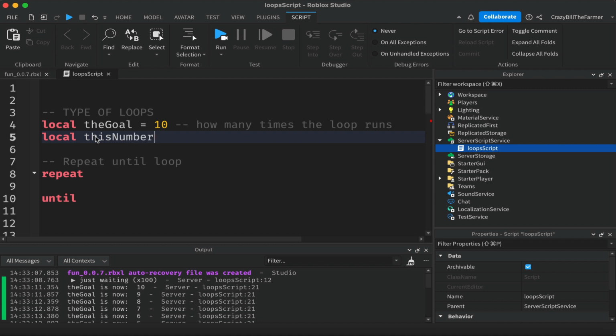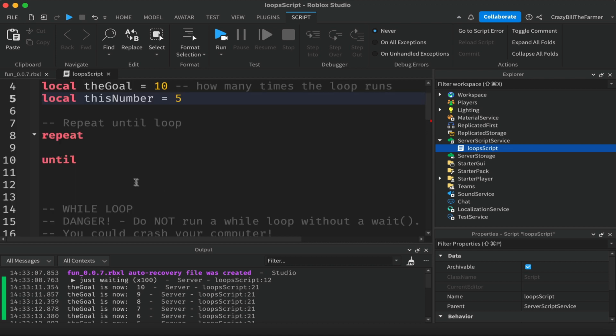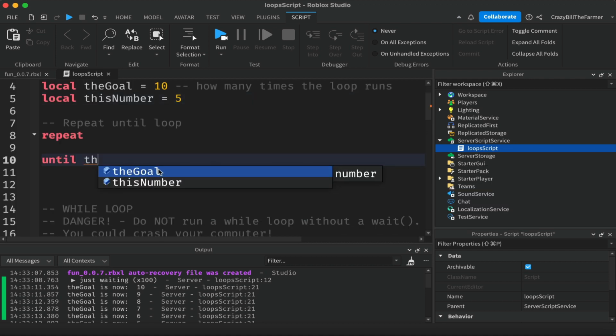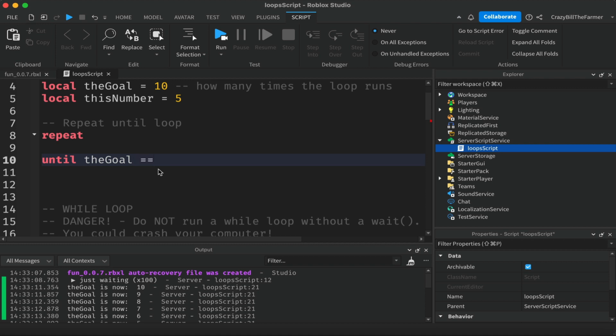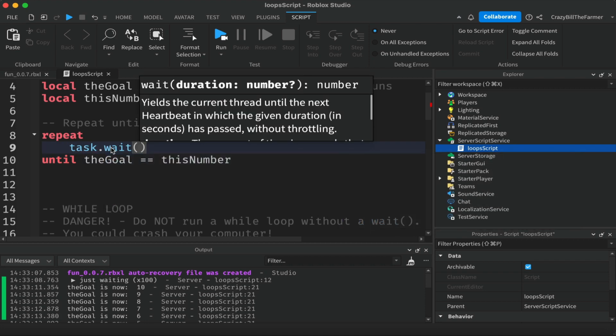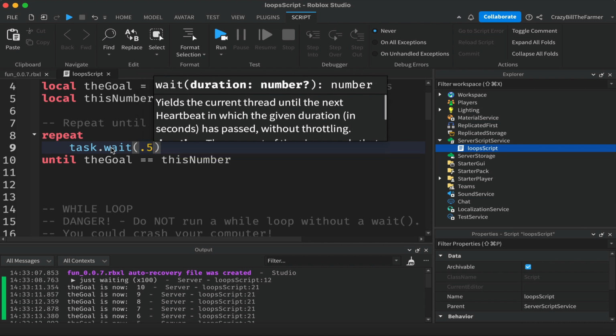All right, and we'll say 5. So the condition that we're going to put here will be until the goal equals this number. And inside of our loop, we'll start off with a task.wait of say half a second, and we'll print